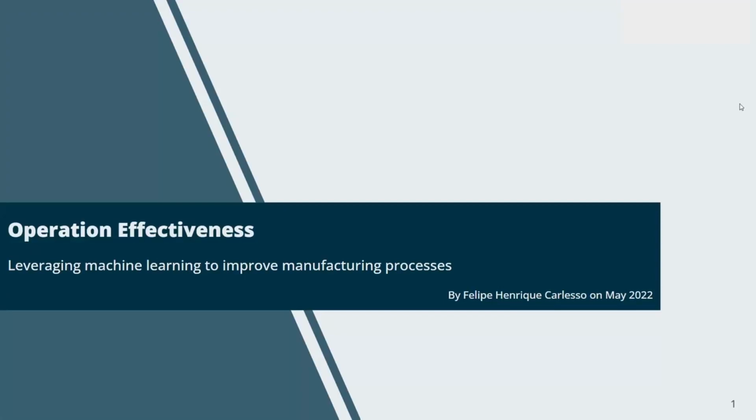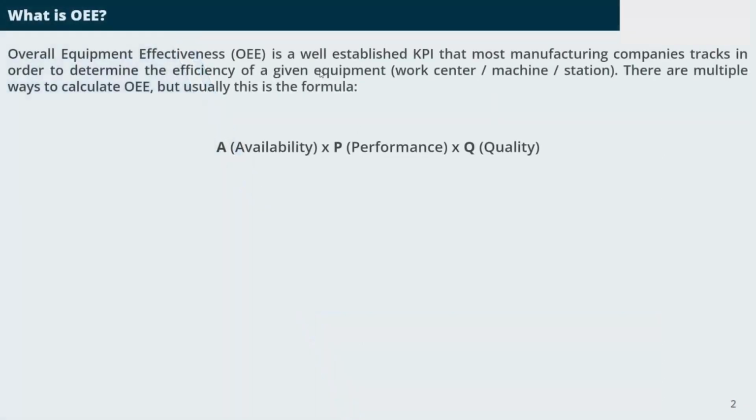Hello, in this video I'm going to explain a new concept called operation effectiveness, which is essentially a new way to calculate shop floor efficiencies at the operation level. So if you have any manufacturing background, you know that the way to go today to calculate equipment, machines, work center station efficiency is called OEE, or overall equipment effectiveness, which is by the book, the formula below here: availability